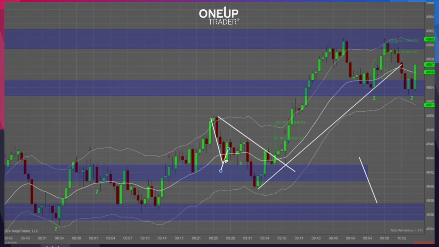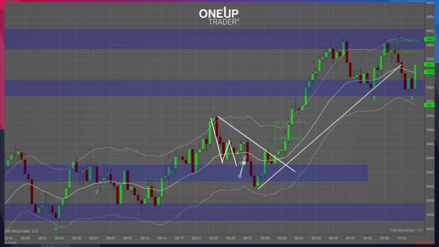We have a break of this green bar that marks your first entry. We have price correcting back down, forming a new low. And then let me get another line here. And where that bar breaks higher and forms a new high, that would be our second entry. So that would be a second entry right there, right where the number 2 is, and where we'd be looking